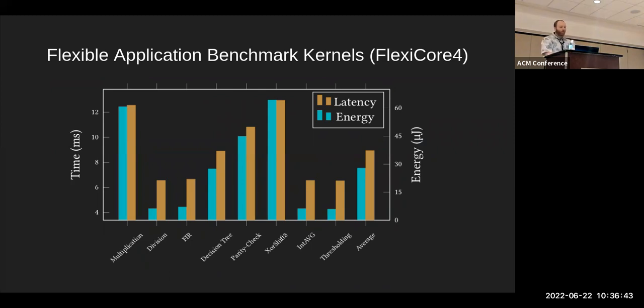This graph shows the energy consumption and runtime for a set of simple kernels on FlexiCore 4 microprocessors, and therefore the higher the worse. Two things to notice. First, some take significant amount of time to execute. However, due to the lax performance requirements, the latency is not a major concern. However, energy consumption could be a concern as the devices are either self-powered or battery powered. Therefore, we need to look for opportunities to reduce energy while retaining high yield. Is there a better trade-off between area, yield, and energy consumption?